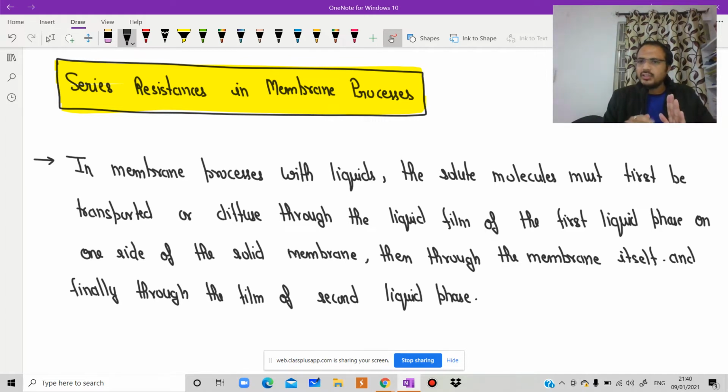Suppose we have two phases, because we need a minimum of two phases in membrane separation. Three cases are there: liquid-liquid, gas-gas, and gas-liquid. Here we are going to consider liquid-liquid. So we have three resistances. Suppose this is the liquid layer, and in between, suppose this is the membrane. My mobile is the membrane. My this palm is one liquid phase. This palm is the second liquid phase, and this mobile is the membrane. So we have three types of resistance: the resistance of this phase, the resistance of this membrane, and the resistance of this one. Draw the diagram so that you will get it clearly.